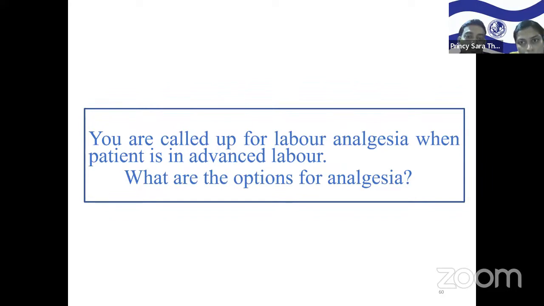By giving a single shot spinal analgesia, it has a faster onset of action and it relieves the pain immediately and provides intense sensory block. And there is relaxation of the pelvic floor muscle, and it also provides postpartum analgesia. And if the delivery is not that imminent, we can go with a combined spinal epidural, where we will give intrathecal fentanyl with hyperbaric local anesthetic, which provides a rapid onset of action and an excellent analgesia. This can be followed up with the epidural analgesia.